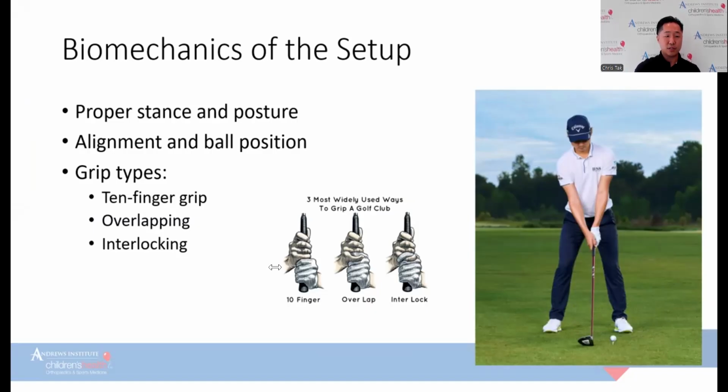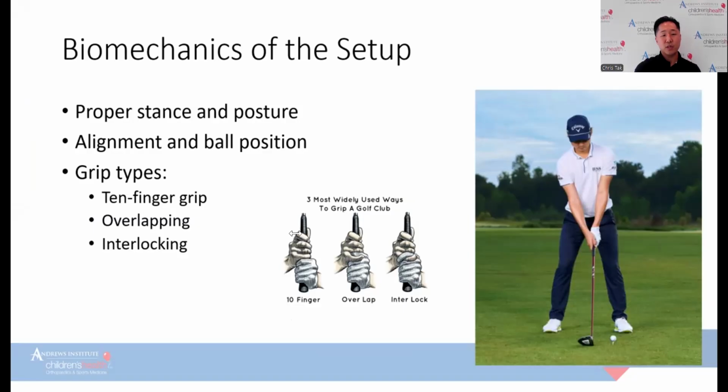And then lastly, the grip. There are many different types of grip. There's no right or wrong grip, but these are the 3 most widely used grips in golf. We'll start with the 10-finger grip. The 10-finger grip is all fingers on the club, without interlocking or overlapping. As you can see here, you start with the pinky back